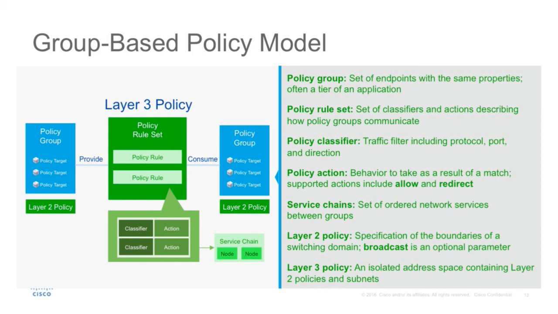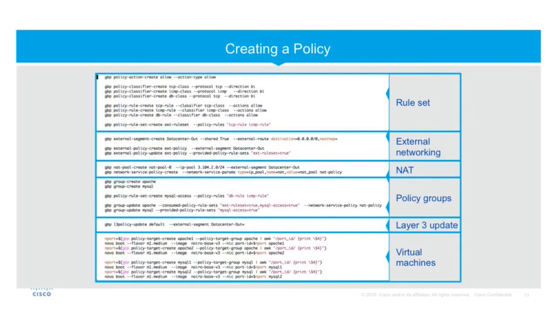So if we're taking two groups, web and database, we can say that these can talk to each other, and can they also talk to this? How these groups interact with each other and also interact with the external world is governed by the group-based policy model. To create a policy, as I already mentioned, we create the rule sets, and then